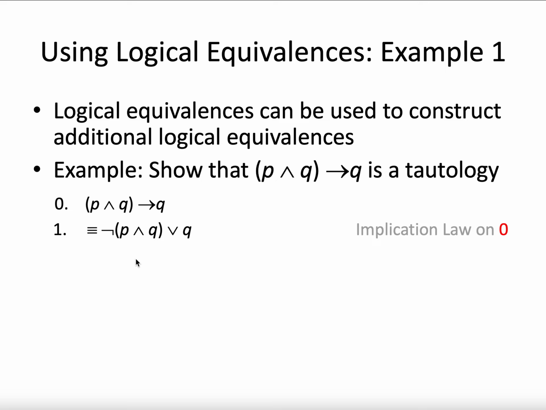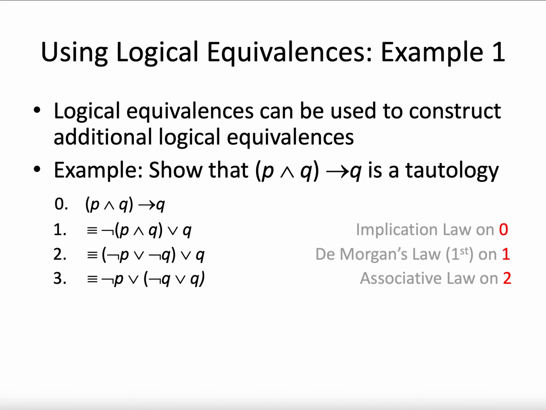It's logically equivalent if you can take the whole thing and now negate it, which is an implication law. So you apply the implication law, negating everything. So negative P and of Q becomes negative P of P or Q and Q. Then you apply De Morgan's law, which we're going to see in a second, and then the associative law, the negation law, and so on and so forth.